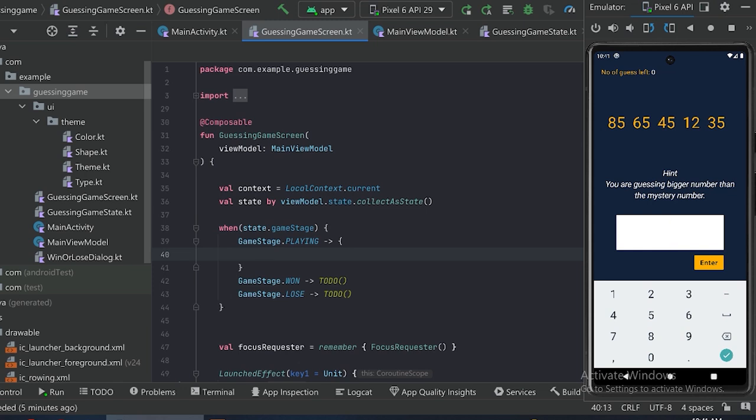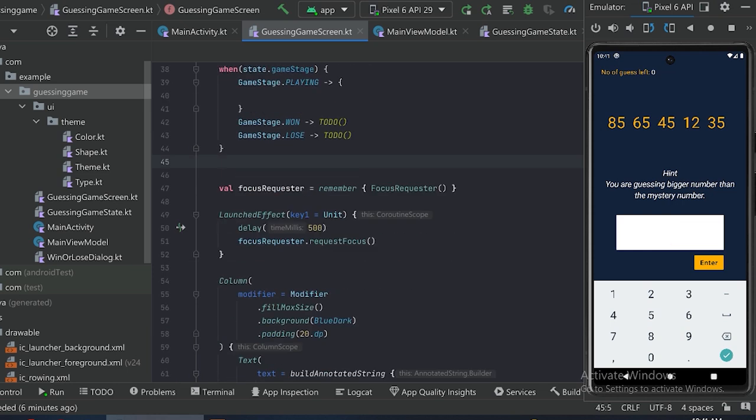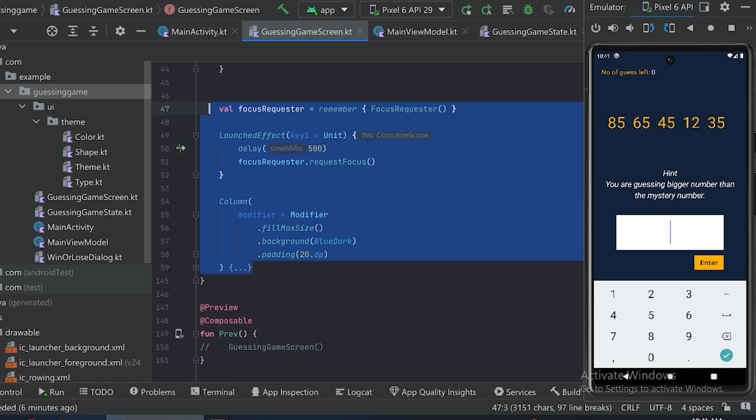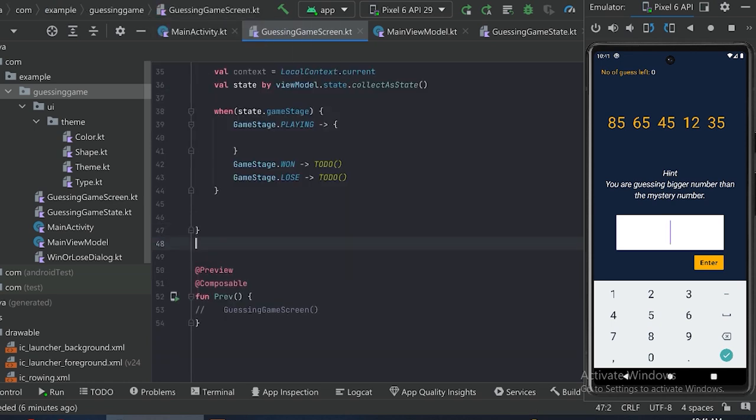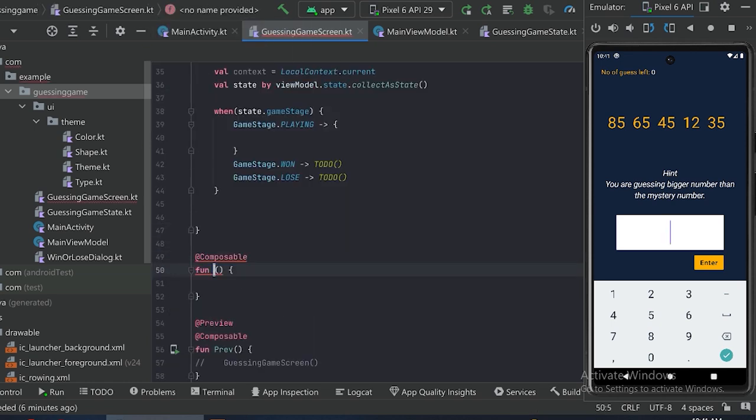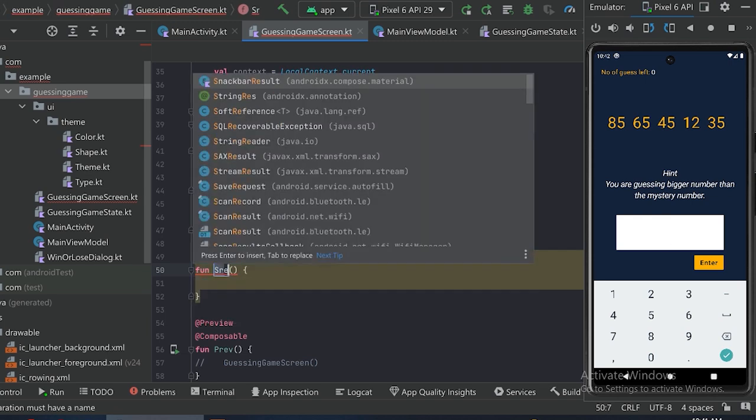So here with the help of this when block, we are checking if the game is in playing stage or winning stage or losing stage. So if the game is in playing stage, it means it should show this screen. Otherwise it should show the winning dialog or the losing dialog. So for this playing screen, let's copy all this content. Let's minimize it here and copy all this content, and let's create a new composable function, screen content,